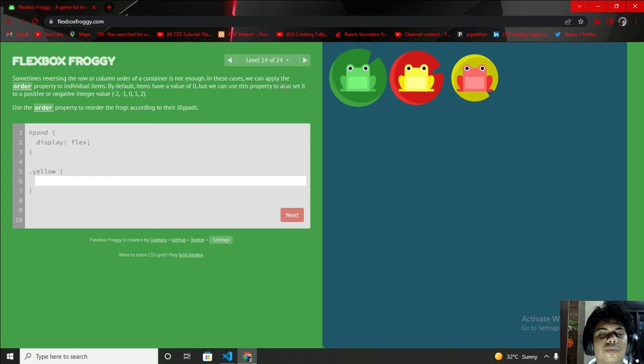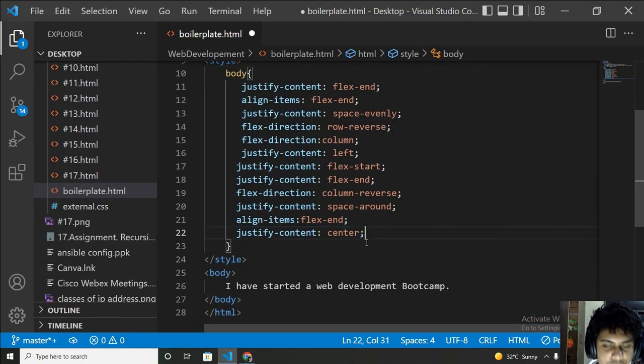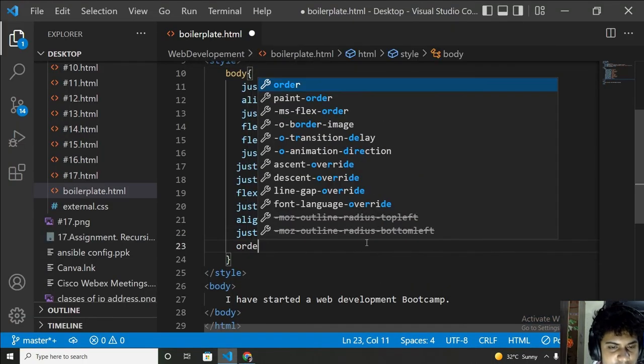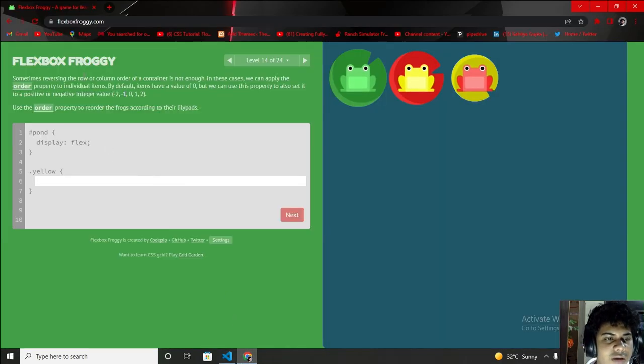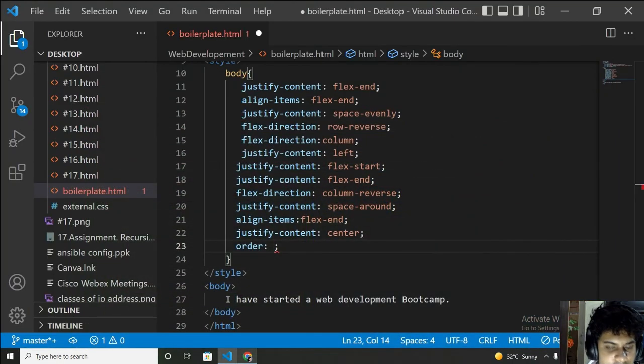We can use this property to set it to a positive or negative integer. Use order property. What is the order property? I don't know really. Let me write -1, -1.